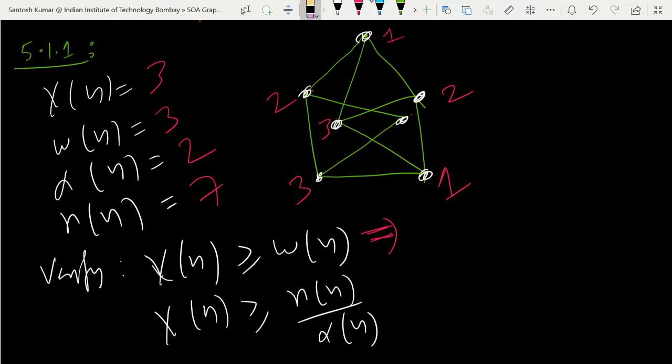I have made one mistake here: 2, 1, 3. Now you check here. Any two adjacent vertices will have different colors. Is it satisfied everywhere? There are many triangles actually. If you see, this is one triangle, so it will contain 3 different colors. Oh, this one is not a triangle, but here this is a triangle containing 3 different colors. So chromatic number is only 3.